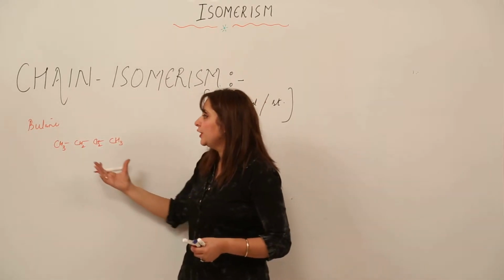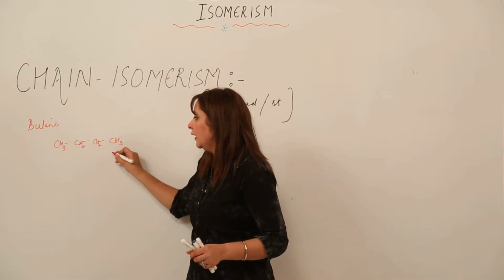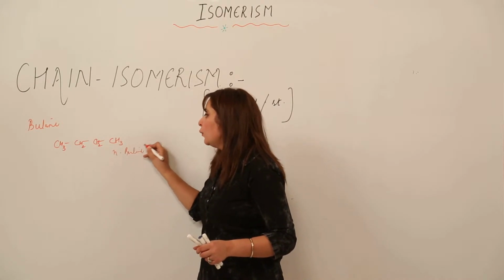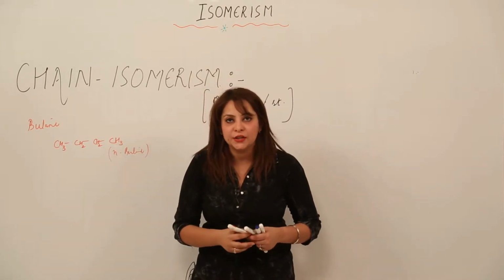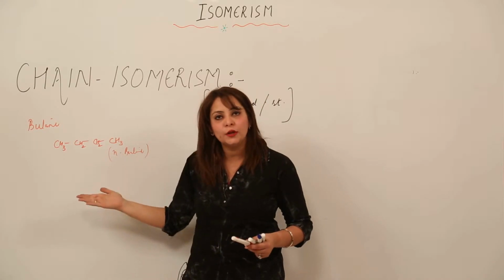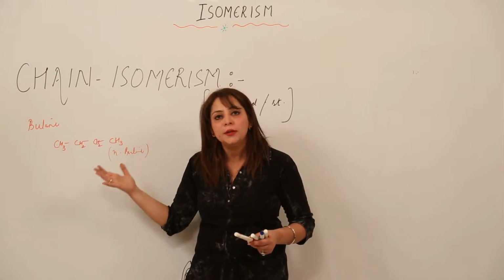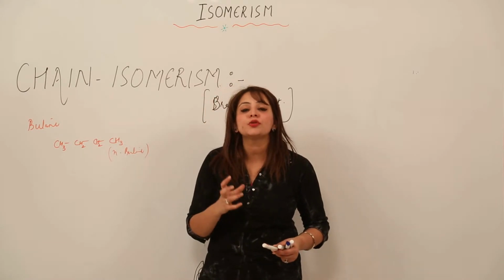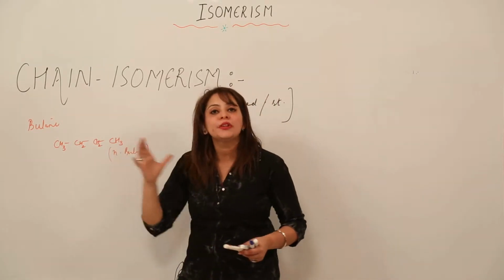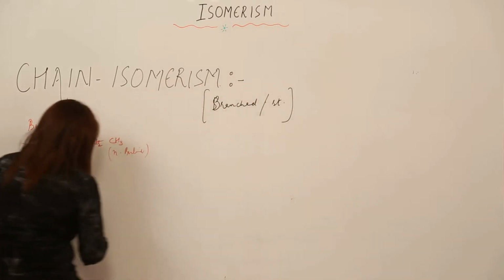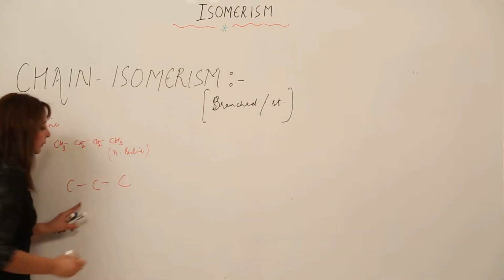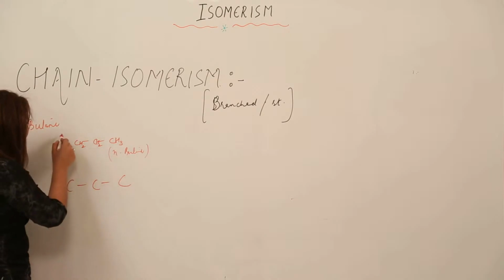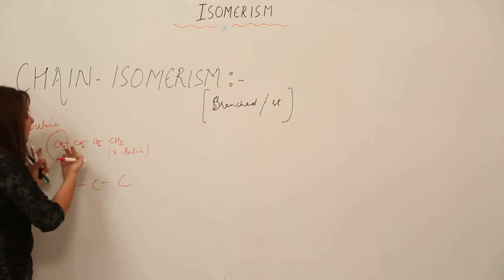I am just going to reduce this. So this is actually called normal butane, because it is also one of the forms in which butane exists in nature. So this is also one of the isomers, called normal butane. Now if I wish to write more isomers, what am I going to do? I am just going to condense this chain up to 3 carbon atoms. So obviously how am I going to condense? So that means I will be making 3 carbon atoms, and this 4th one from the terminal position,